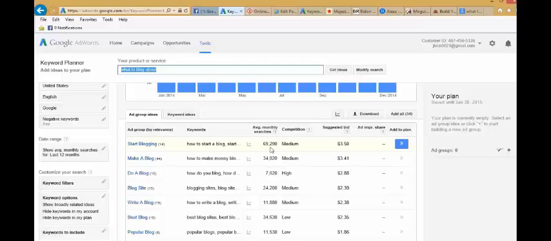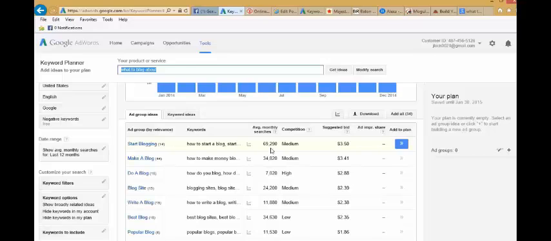So you just don't want to have "blog," because if you just have "blog," there'll be millions of people out there blogging about blogging. So the longer the keyword, the less competition you're going to have. That's why, if I was going to start all over, I would focus on long-tail keywords. So I would say "how to blog about plumbing," or "how to blog about church," or "how to blog about business," because the longer it is, the less